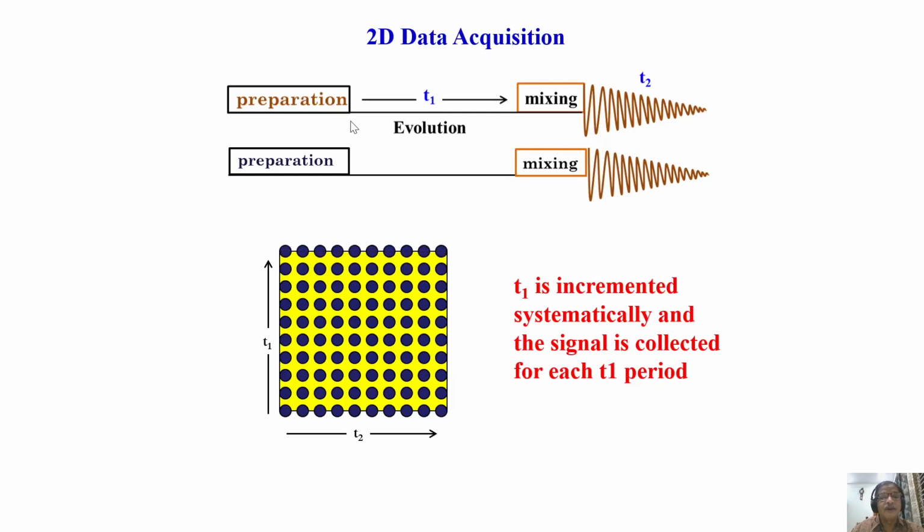Now we have completely acquired the signal in 2 dimensions. In the T1 dimension also we acquired signal. This is the T1 dimension. This is the T2 dimension where we have data acquired, which is the constant period of time. So systematically we vary the T1 period, collect signal here and also collect here. This is basically what we do generally in most of the 2D sequences.